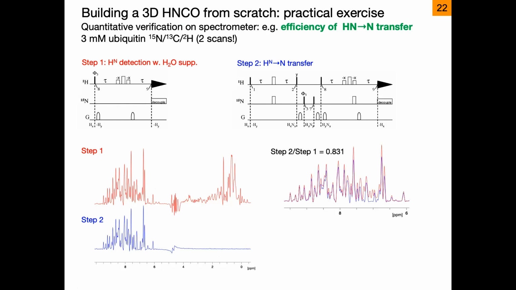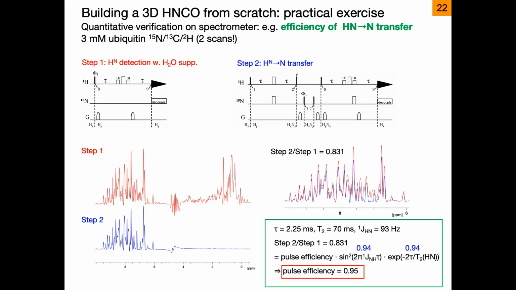And when you compare this quantitatively, you see that the ratio is 0.831. And now, with all what I have explained before, we can try to interpret this number quantitatively. And we know the T2 times, and we know the transfer times, and so on. Then you find that